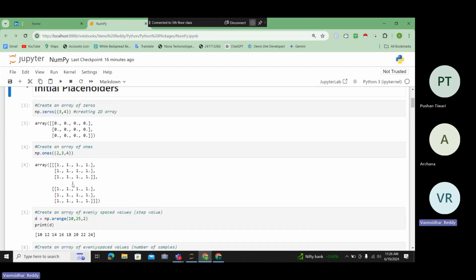Okay, next, same like that. If you want to create completely ones, simply use this ones method. Here the function is ones. Simply use this ones function and you can create the entire rows and columns filled with one. Here are rows, columns, what is the number of